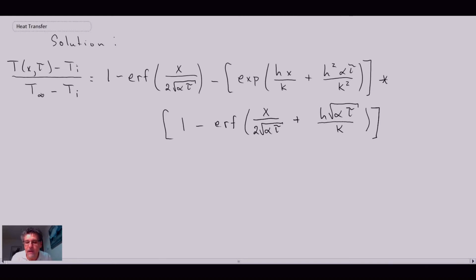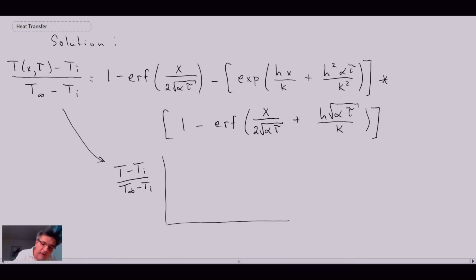Again, you can see some resemblance of a similarity variable embedded within there. You probably don't want to calculate that all the time, and consequently that is something that you'd probably want to put either into a computer program, or sometimes what we do is we plot this data, and in the plots, I'll show you one in a moment here, but typically what we do is we plot our temperature. So what we have up here is plotted on the vertical axis. On the horizontal axis, what we do is we plot the similarity variable itself, x over the square root of 4 alpha t,